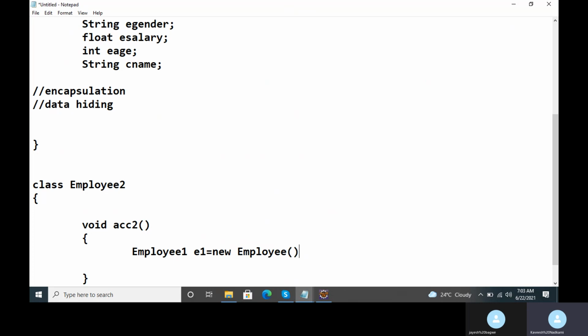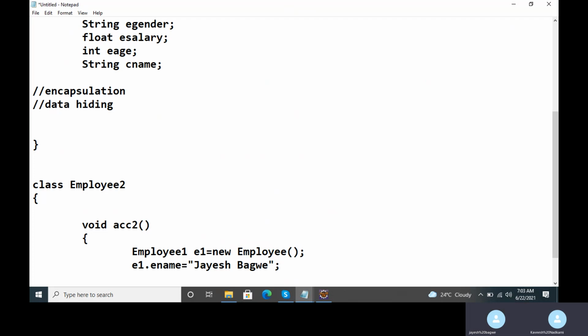This, if you remember, I had taught you yesterday, how to create an object. Now, if you are able to write e1 dot ename is equal to, suppose I put your name, Jayesh Bagwe, this is correct, na Jayesh? Yes, sir.